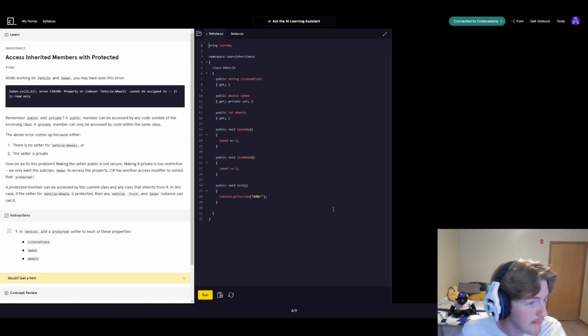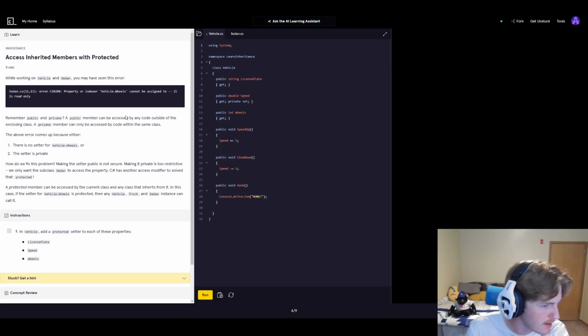Access inherited members with protected. While working on vehicle and sedan, you may have seen this error. Property or indexer vehicle.wheels cannot be assigned to. It is read only. Remember public and private? A public member can be accessed by any code outside of the enclosing class, and a private member can only be accessed by code within the same class. There is no setter for